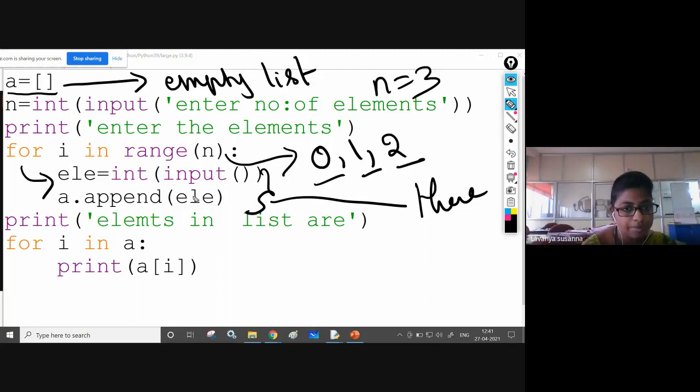That value will be appended to the end of the list. A dot append, A is an empty list. Whatever value you have entered will be added to the list. I hope you understood.